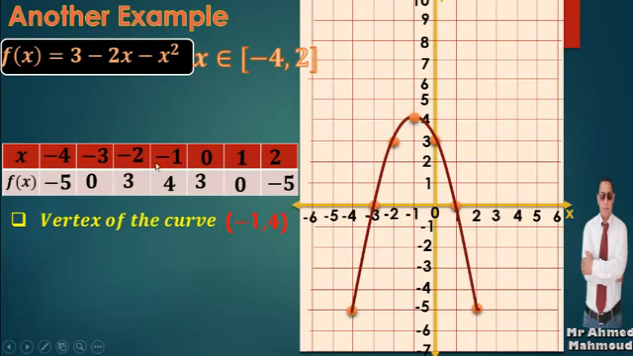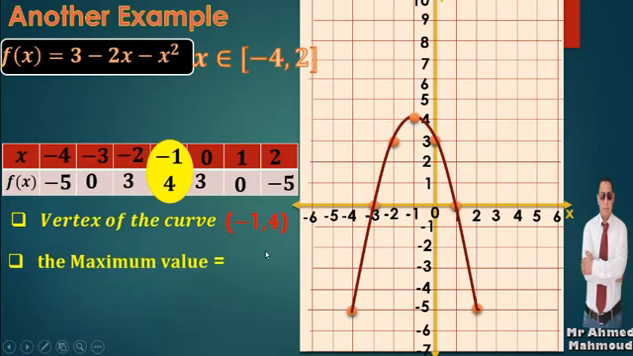And from the table, here is the vertex of the curve. Don't forget, the y coordinate is called the minimum or the maximum. But here the vertex is at the top of the curve, so this is the maximum point. As you see, the maximum point is 4. Why 4? Because